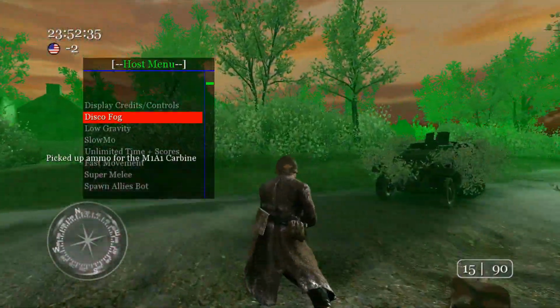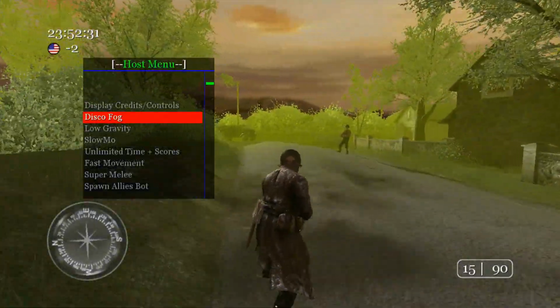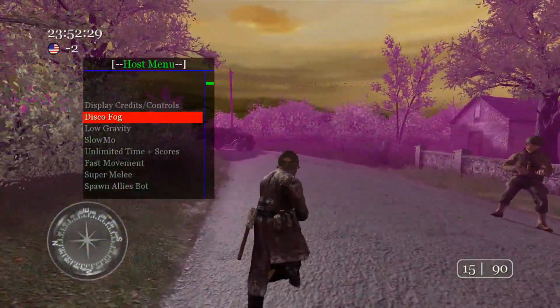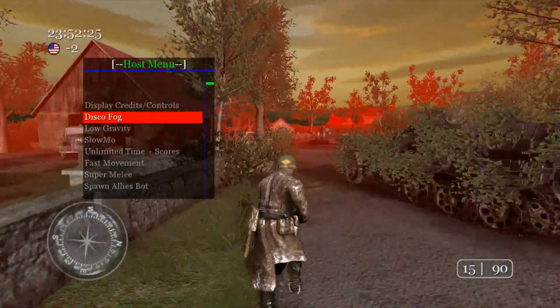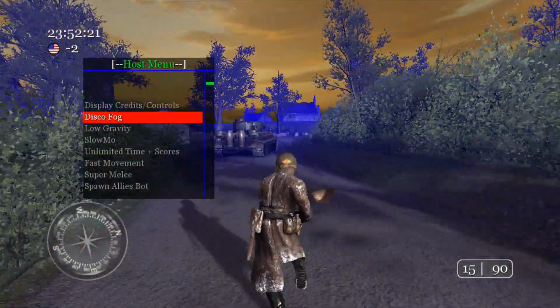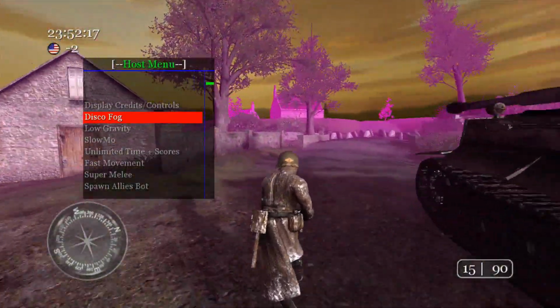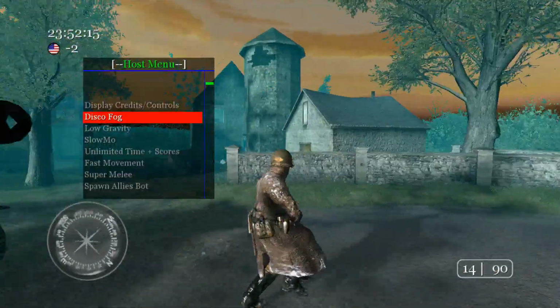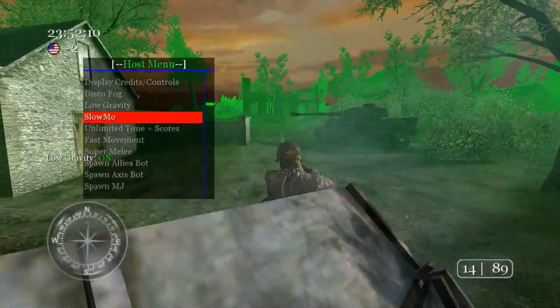In the self menu, you saw Disco Sun. Disco Sun only works for you yourself, or the client's self. In other words, Disco Sun only works for you if you enable it, and it only works for them if they enable it. So if you enable and disable Disco Sun, only you will see the Disco Sun. But other clients, if they're on the self menu and click Disco Sun, they can see Disco Sun on their side too. Anyways, that's Disco Fog, low gravity,